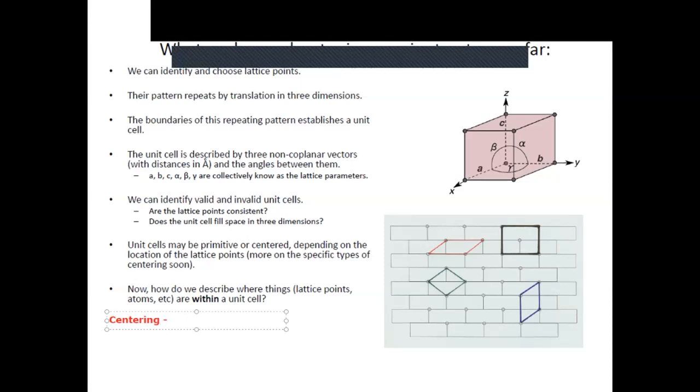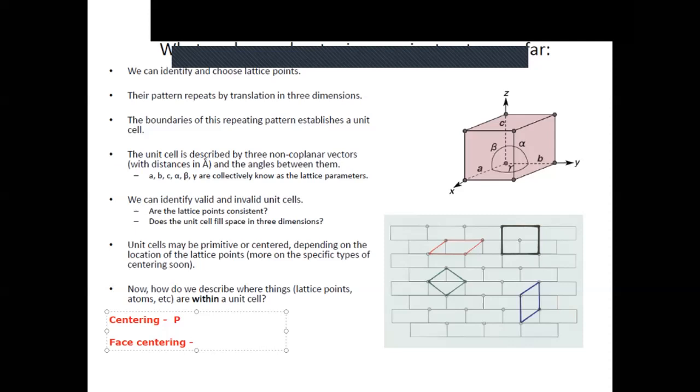So we have, of course, primitive, there's no centering. Then we have face centering. And this is centering along one of the faces. So the faces are A, B, and C. Because A means that you're centering on the, what is it? It's the, I believe, YZ plane. B is the AC or XZ plane, and then C is the, I believe it's the